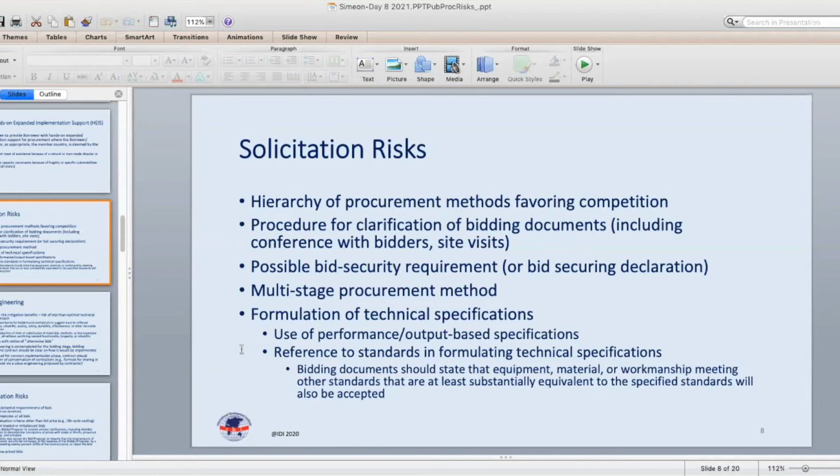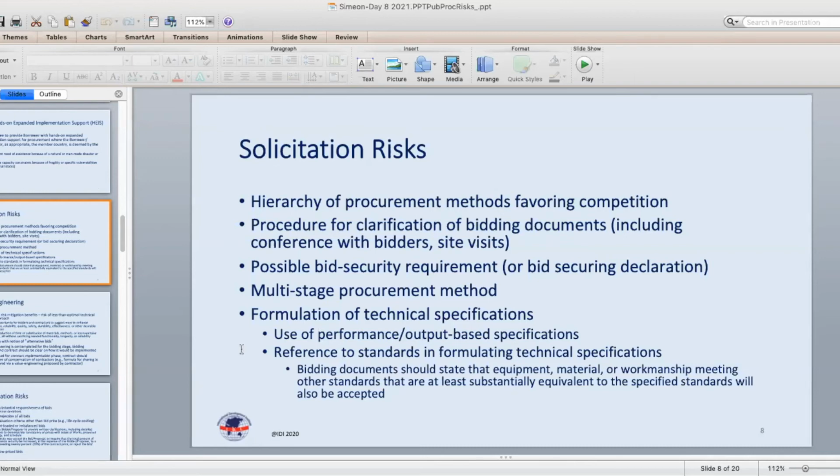So here, a risk mitigation measure that has existed even in the previous versions of the SPDs and the regulations is, as an alternative to a bid security requirement, the so-called bid securing declaration,